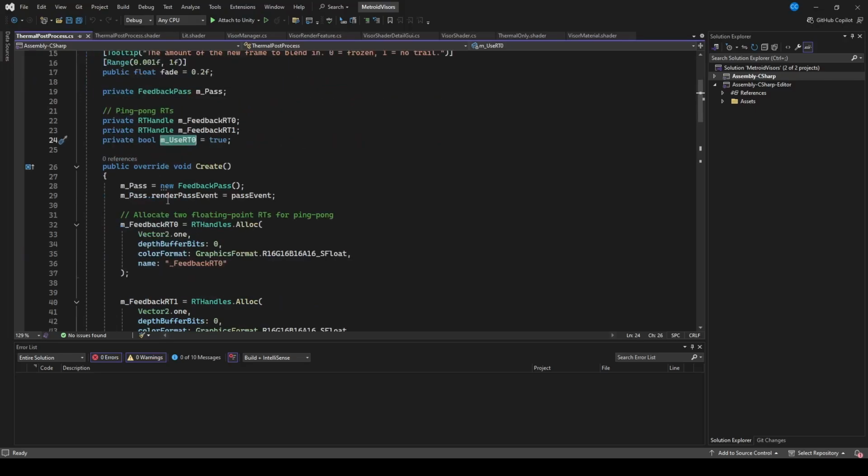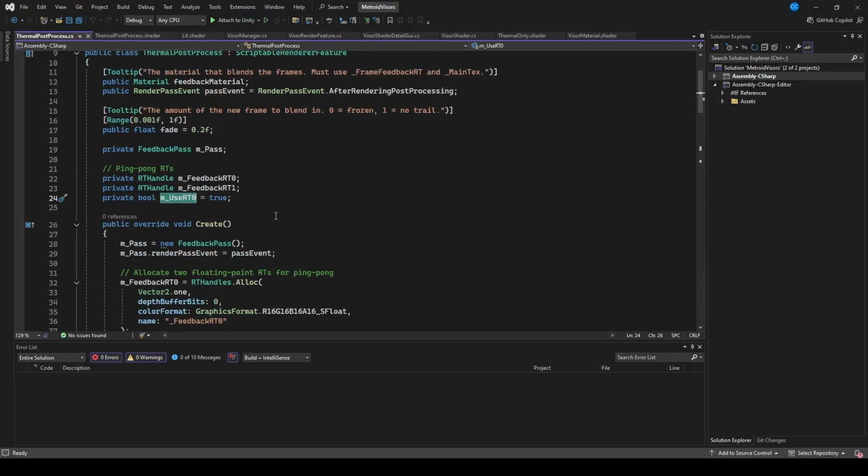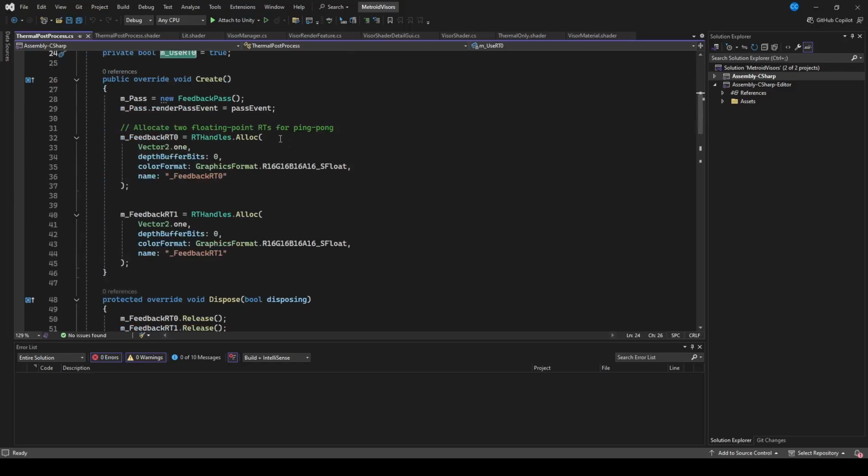So in create, we're going to make a new feedback pass. We're going to define its pass event as the pass event we just set up above. And then we need to allocate two render texture handles. So we say each one is equal to rthandles.alloc. And then in the brackets, the scale bias we leave as 1. Depth buffer bits 0. I use a 16-bit float, an RGBA 16-bit float, and then name it feedback RT0 and